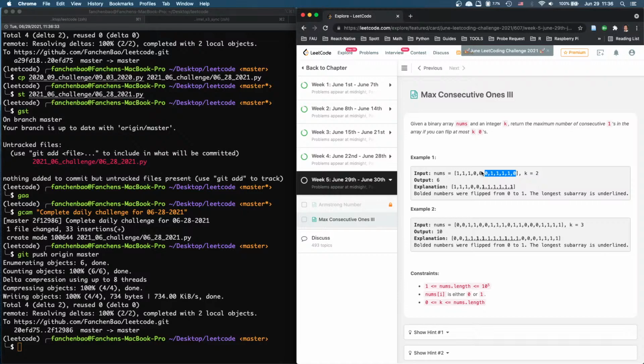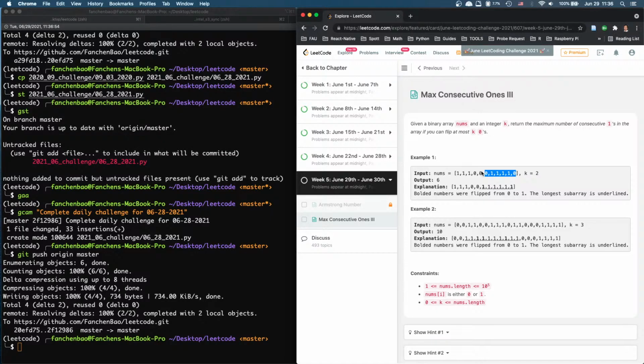If I want to take something, then k equals 1. So this one is k equals 1, right? And if k equals 1, I can take k equals 1, or I can,